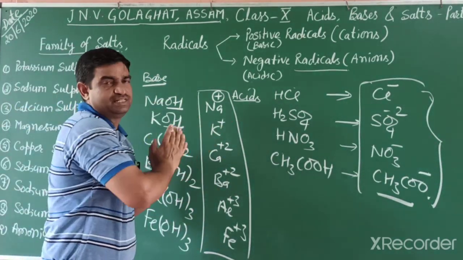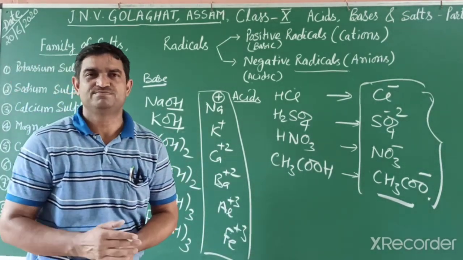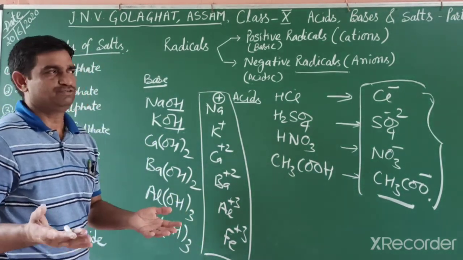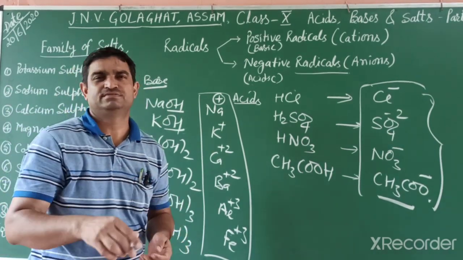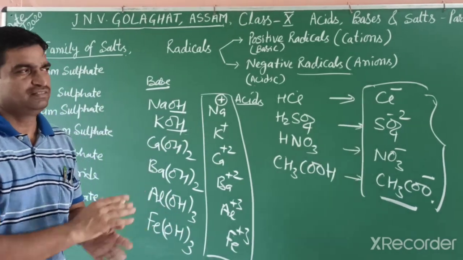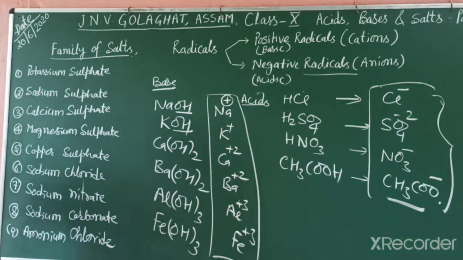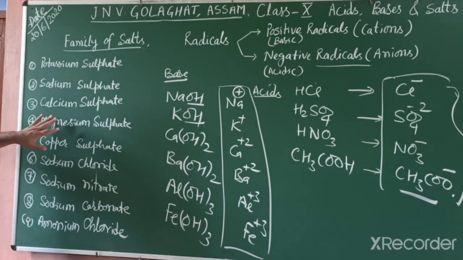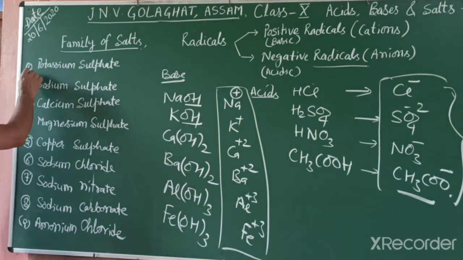When an acid and base react, we get salt. A common salt or table salt we use for making food. But in chemistry, salt does not mean only that; table salt is just one common salt. All these compounds are salts, like potassium sulfate and sodium sulfate. In the activity given, you write down the formulas of different salts.